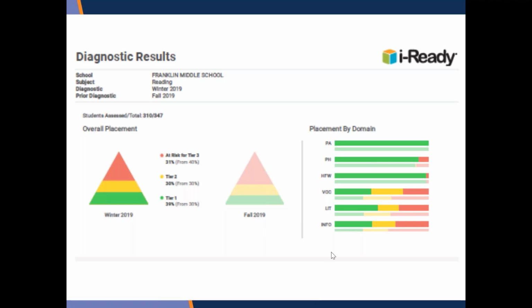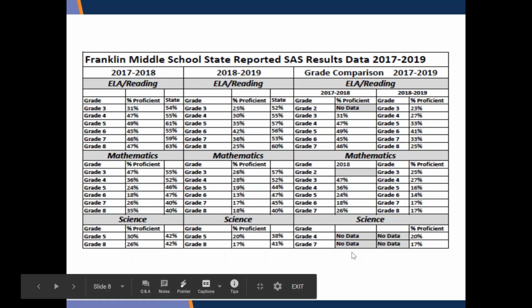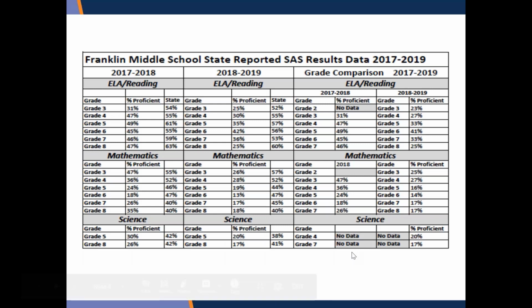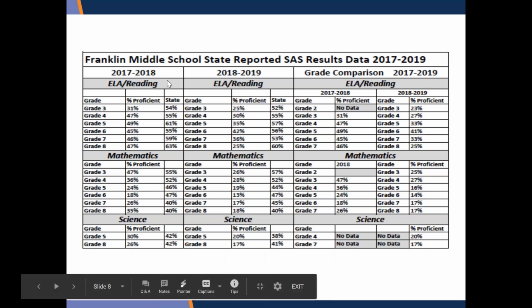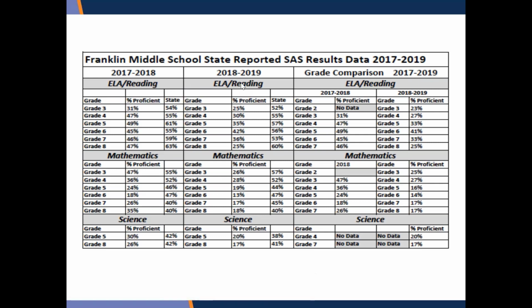And we also did spend some time looking at the practice test for the SAS. So I don't expect you to read all this, but as you can see, I took the time to look at our 17-18, which is before we came on board, and our 18-19 tests to see how we did, expecting that we were going to show an unbelievable growth based on the fact that we moved all those kids from fall to winter.